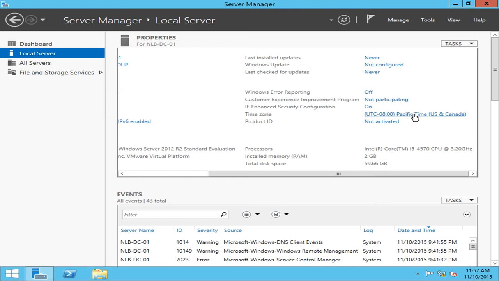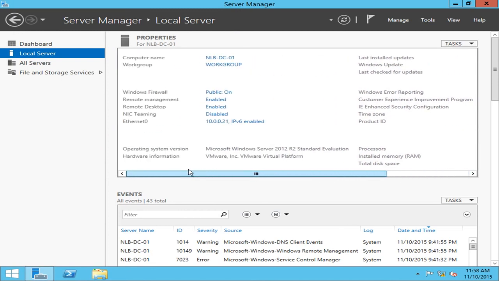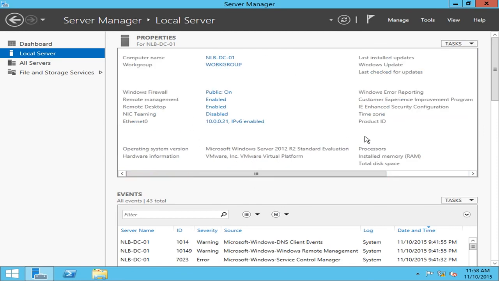Another thing to do here is to change the time zone, because it's usually assigning the US Pacific time zone, so you can change that to the time zone of your country, and you can proceed after that by installing the roles that are needed to promote